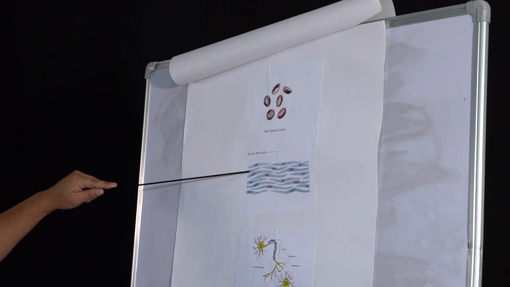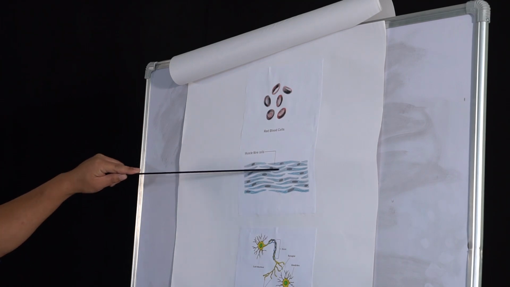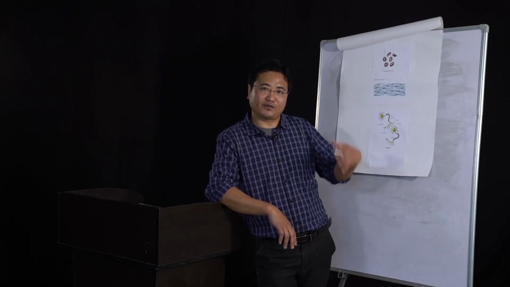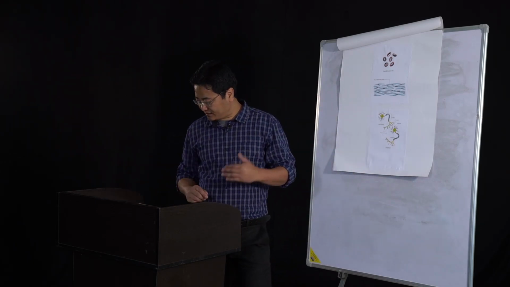For example, your muscle cells. The muscle cells are stretched, right? Elongated. They are like rubber. For example, when you are stretching your arms, these muscle cells stretch out. Okay. So with that function, it has its shape. And then when we look at the nerve cells,